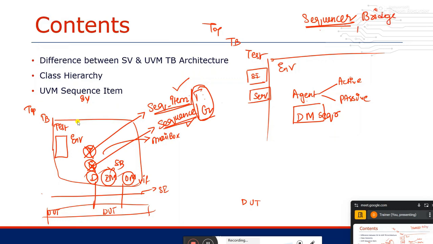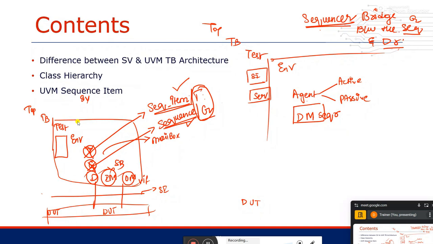It's a bridge between the sequence and driver. Sequence means generator. Driver is driver only. The generator and driver are doing the communication. Here in UVM, we are not using mailbox. Of course, we are using TLM instead of mailbox.